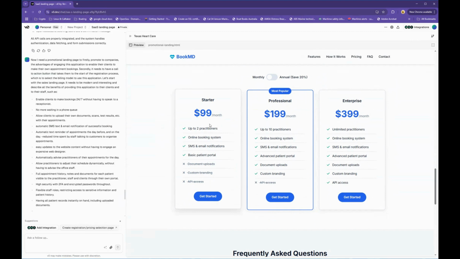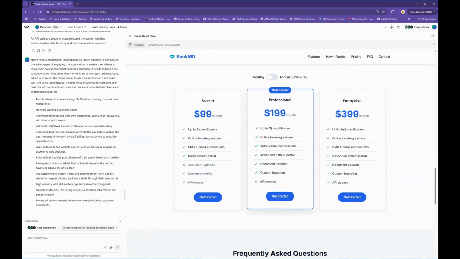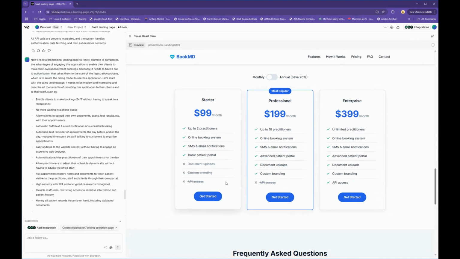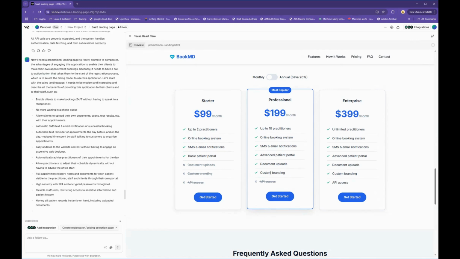So starter, I would say one practitioner, $200 a month. Custom branding. Well, yeah, that comes with it, because that depends what they mean by custom branding, because the content is defined by the organization when it's set up. But I suppose you might want to add your own colors and things and styles, but basically it's fully customizable,